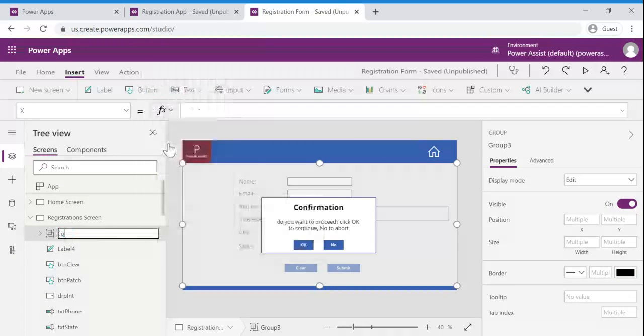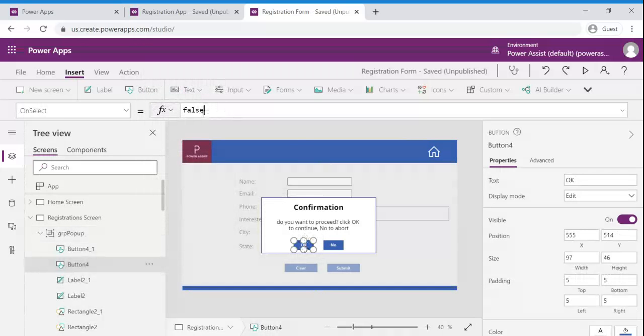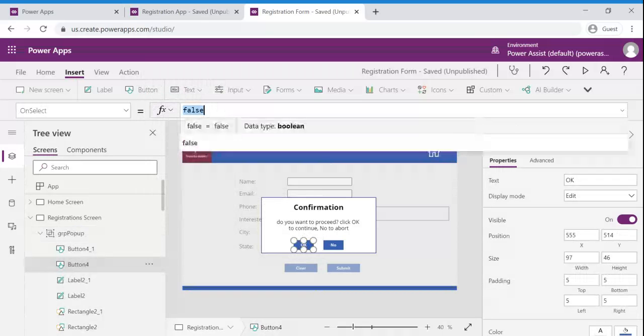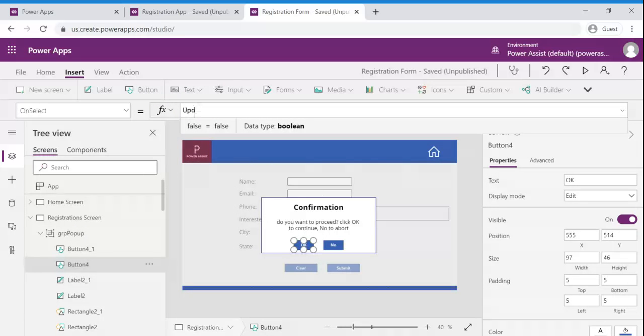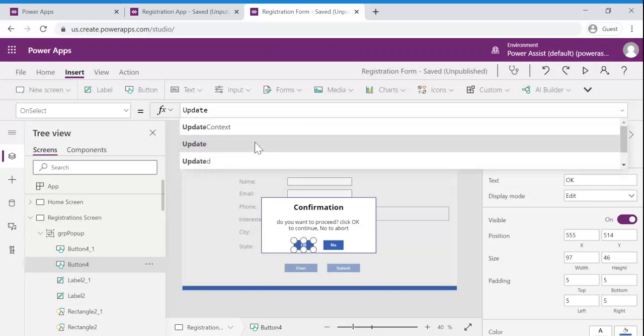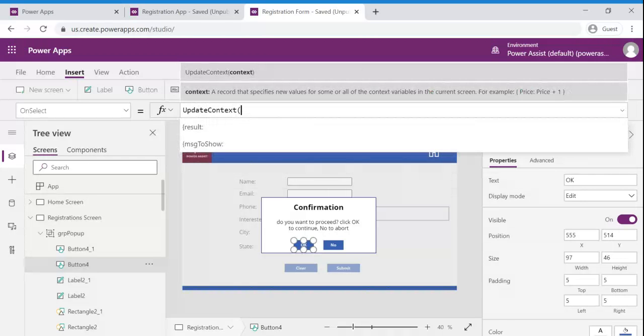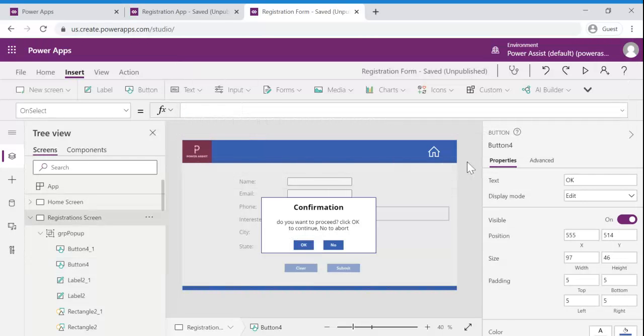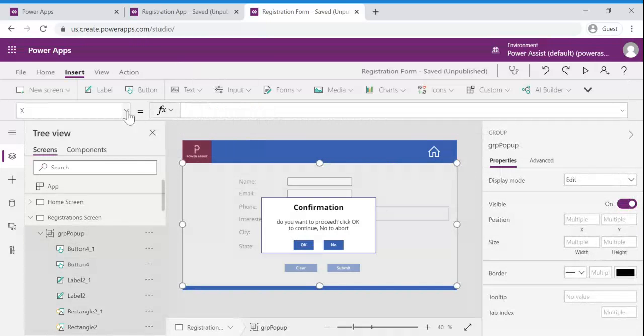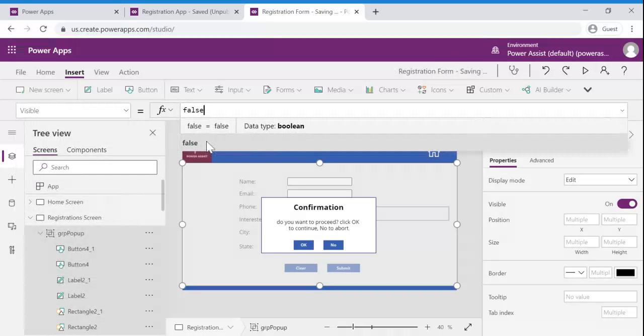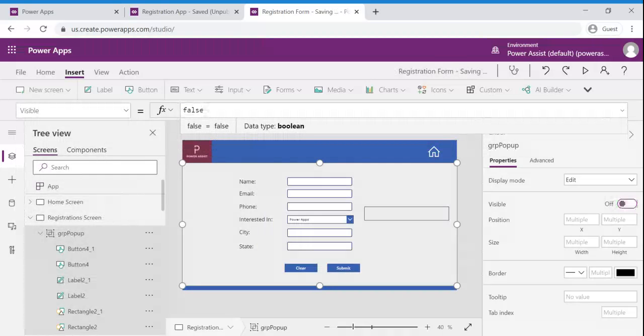I am going to rename this group pop-up, and I am going to update its on click to take further actions. Update context. For now, I am going to hide this particular group and will show you how to work with this.